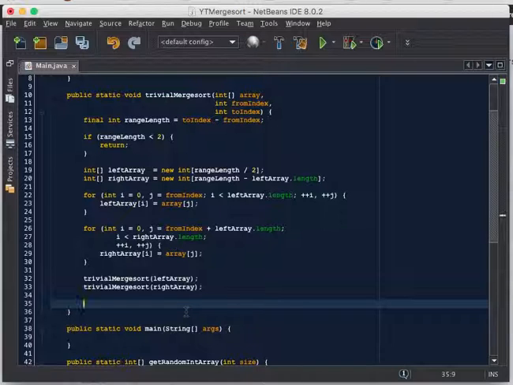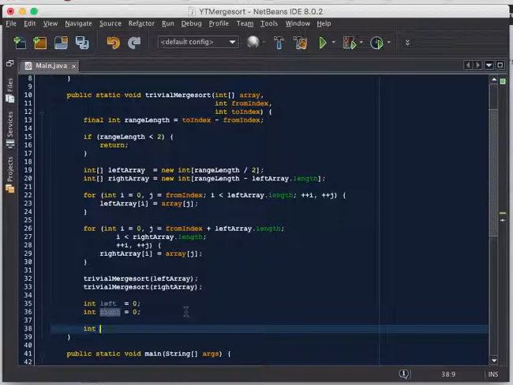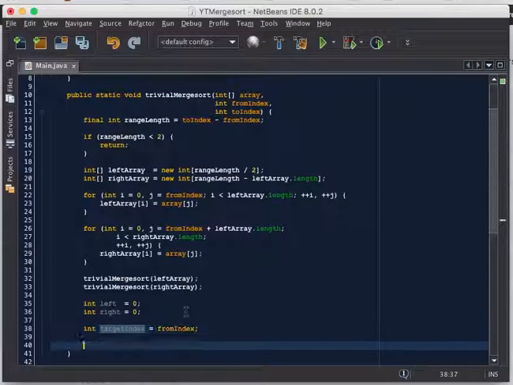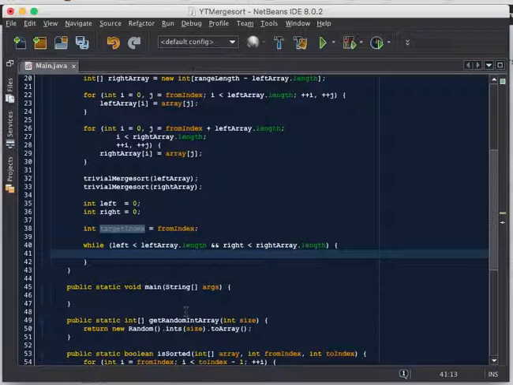So int left is 0, okay, and int target index is from index. So while left